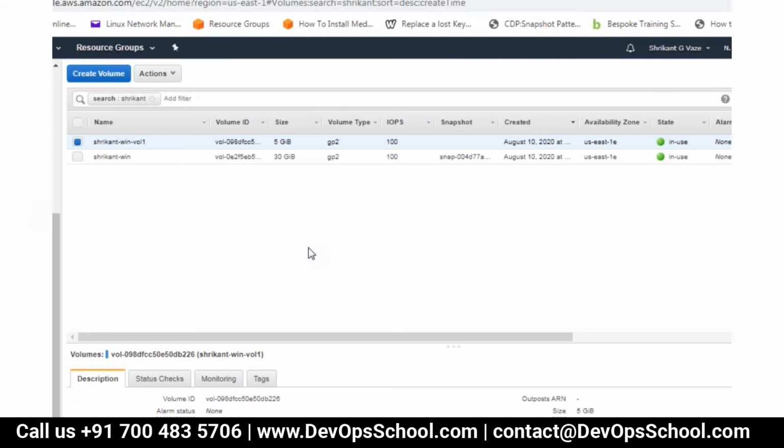Srikanth, what is the advantage if we are allowed to choose between different availability zones? When we are adding a volume, we have the option to select the availability zone, right? It has to be in the same zone as the instance. So that is not an advantage.